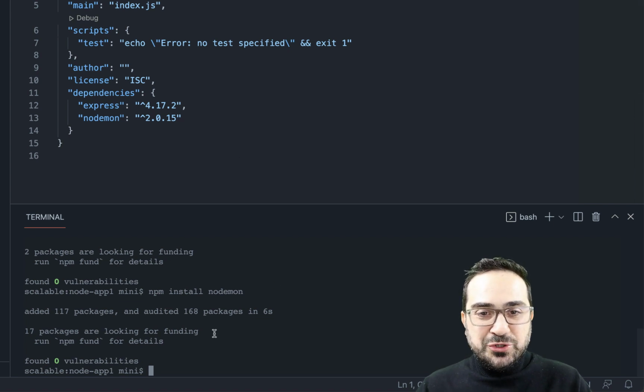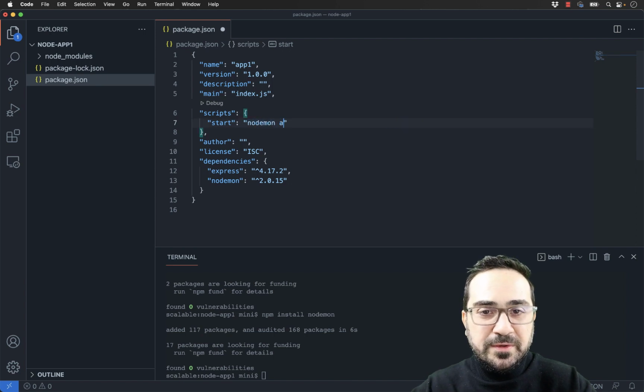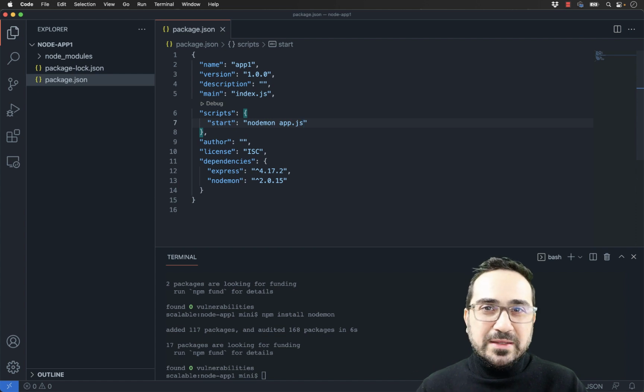Alright, this is also installed, and one last thing before we start coding is to do a small configuration here. I will go to my package.json that is already open. If you don't have it open, just click here and it will open. And I will say, whenever I type start, I run the command start, I will use the nodemon tool to start my application that is called app.js. Alright, so this small script here will start my server. I will show you in a second what is happening behind the scenes. Just type this, save this, or file save, or you can just Control S or Command S on Macintosh, and the package.json is now completed.